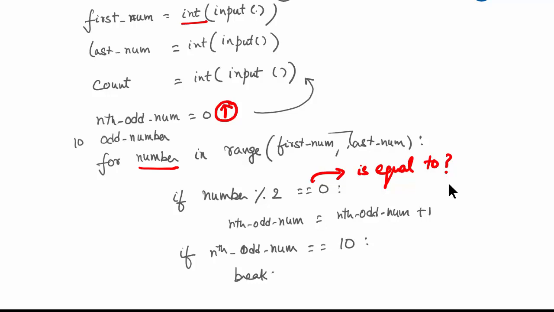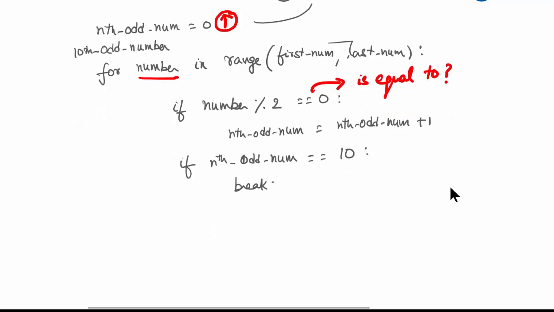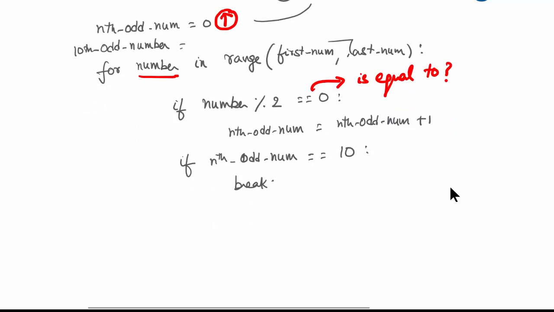You could call it 10th odd number, something like that. Okay. So we could say 10th underscore odd number equals 0. Okay. And then over here, before breaking, what we are going to do is we are saying 10th underscore odd underscore number equals, what is the number? It's this number,